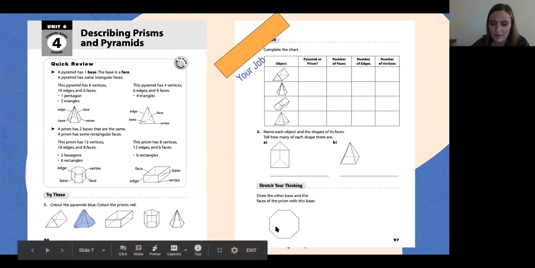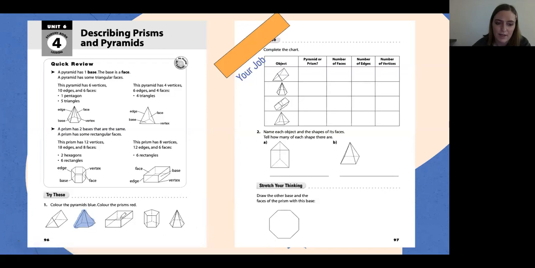I know you can't see it, but it's in my way. There we go. All right, this one, that's not a pyramid. It has two bases and rectangular faces. Two bases and rectangular faces. Ooh, one base and a vertex and some triangle faces. So there we go. Now it wants me to color the prisms red, so I am gonna color all the